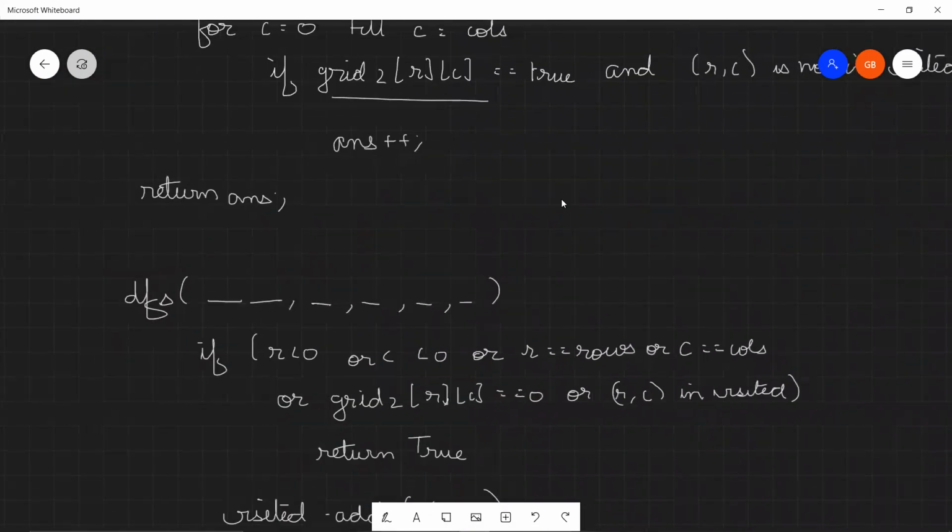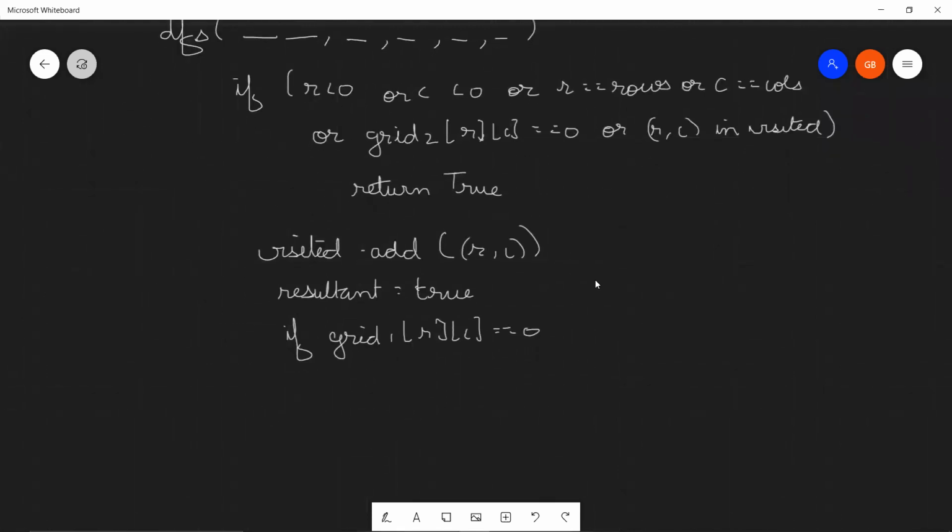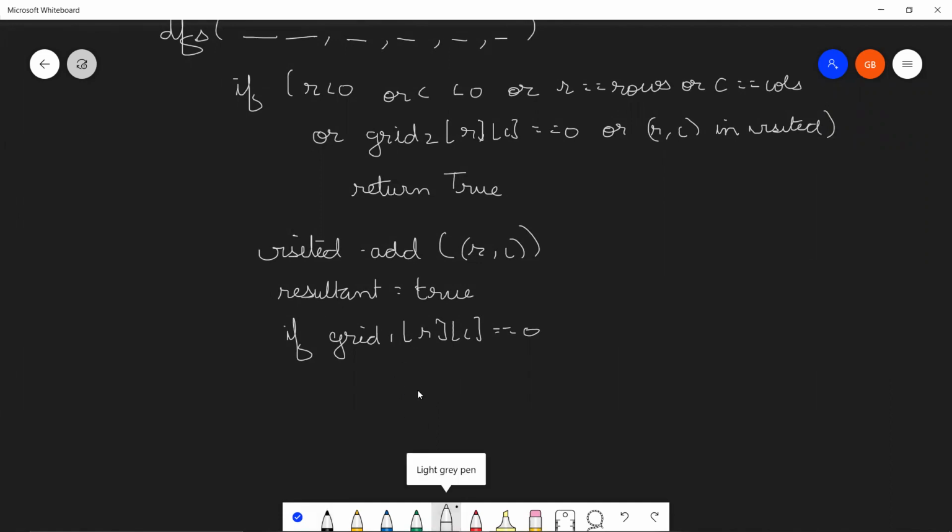So where was I writing the DFS code? Yeah, over here, right? So if we do find out that this is actually zero, this is the time when we are sure that our resultant is false. So I'm not going to return from here. I could have written return true. I did not need any resultant. Why? Because I don't want to right away return from here. I need to perform my DFS right now, right?